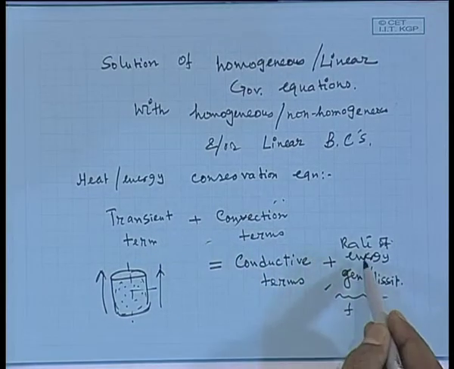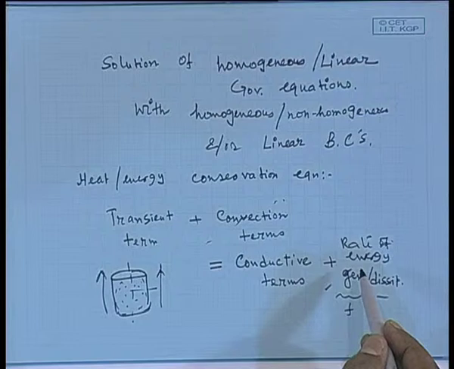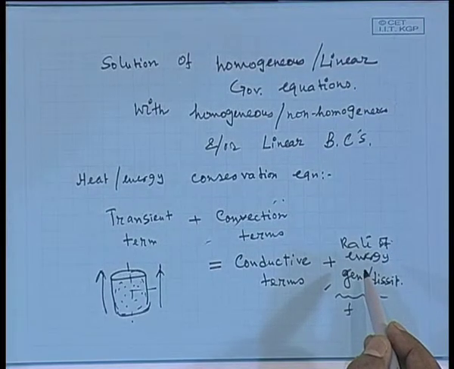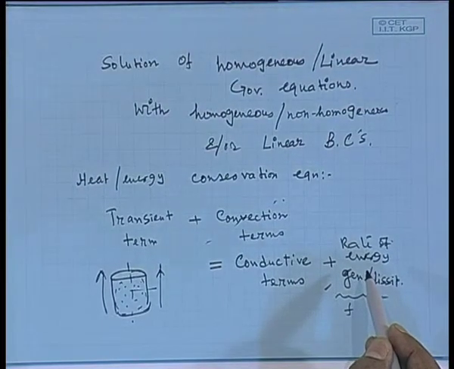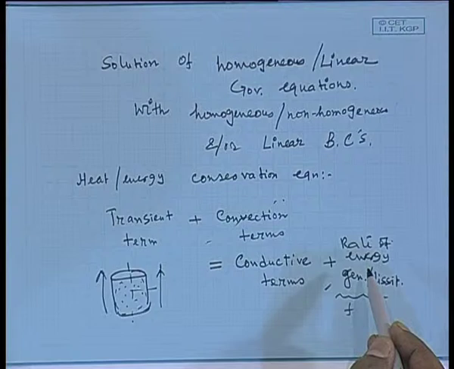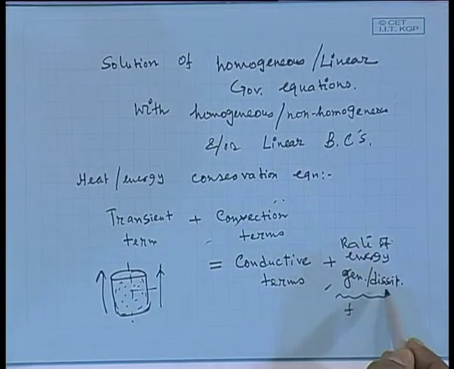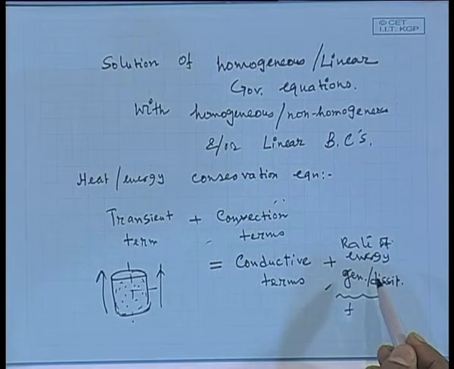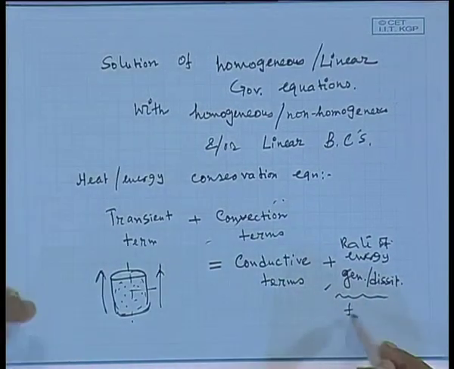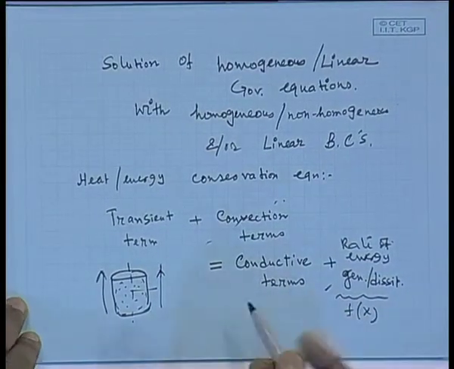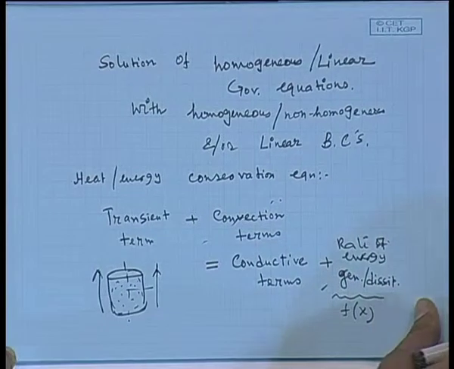Okay. So, this term must be a function of x as well as t, or it may be a function of x, or it may be a function of time. It should not be a function of time alone; it should be a function of x, or it may be a function of x and t both. If it is a function of x, in general, then what is the form of the governing equation of the energy balance?